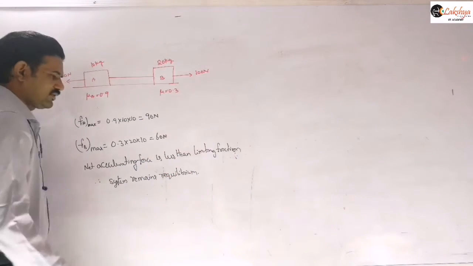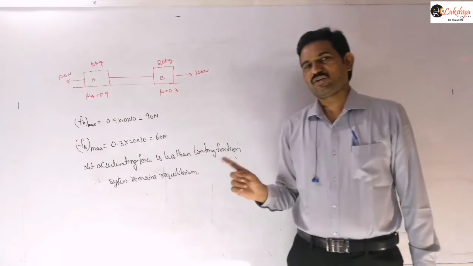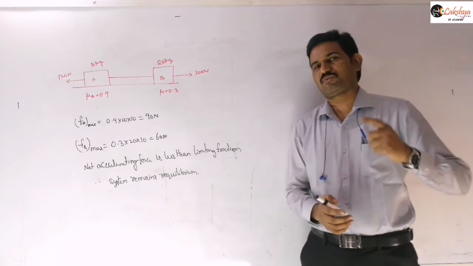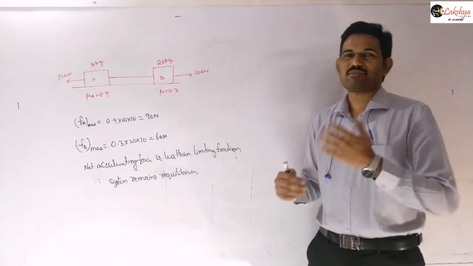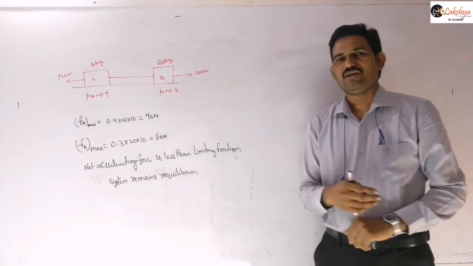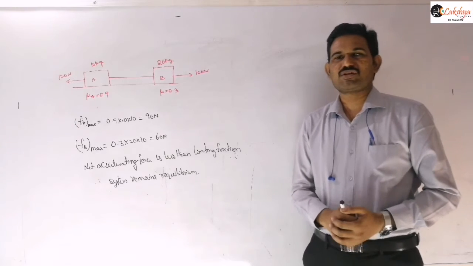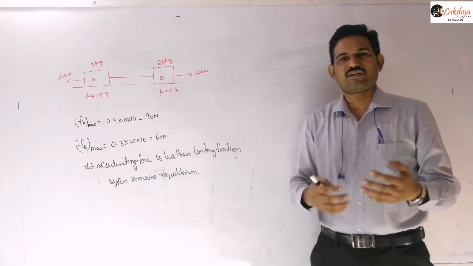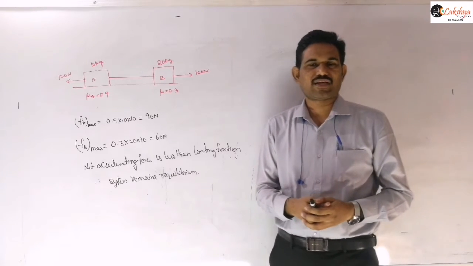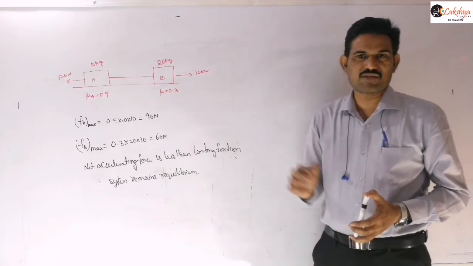System remains in equilibrium. So here I need to mention one thing. Whenever the system remains in equilibrium, then you need to solve the problem very carefully. If the system is accelerating, then the problem will be easy for us. Once the system is accelerating, you can easily decide the direction and the magnitude of the frictional force, because once the system is moving, only kinetic friction will be there, and we can decide the direction of the kinetic friction easily. Then the problem can be solved very easily if the system is moving.